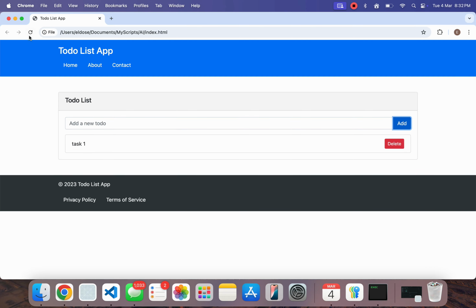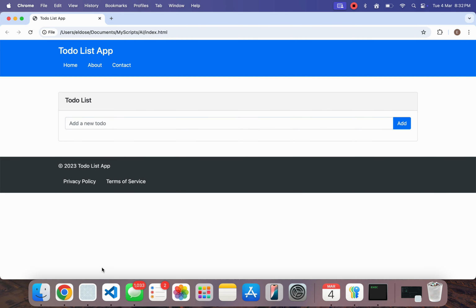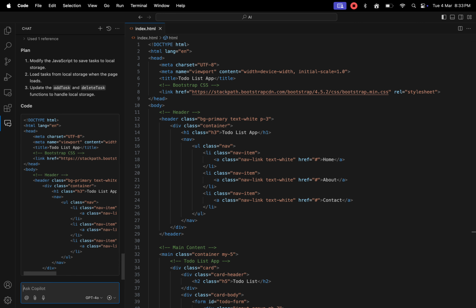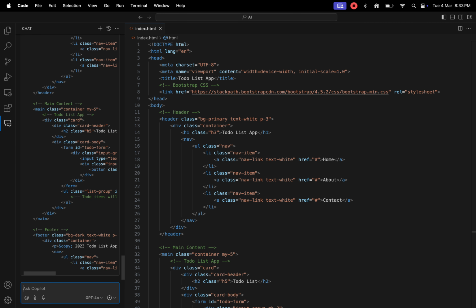To further enhance the application, let's store the tasks in local storage. Ask Copilot to generate the required JavaScript code for this functionality.